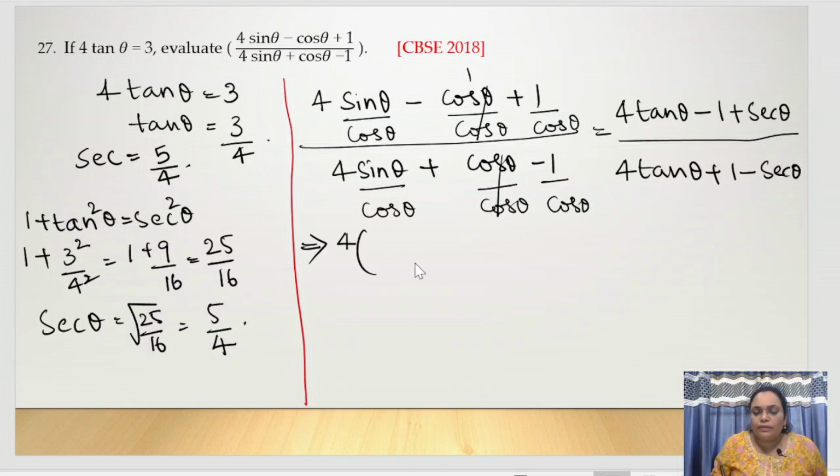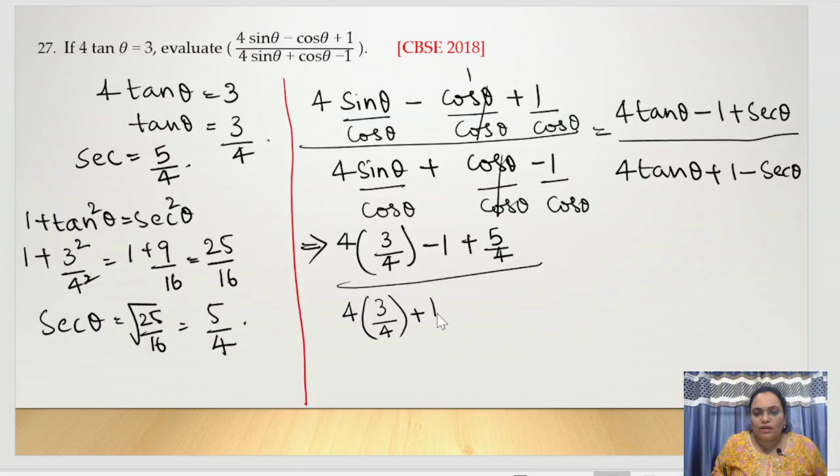4 into tan theta is 3 by 4, minus 1, plus secant theta is 5 by 4, divided by 4 into tan theta is 3 by 4, plus 1, minus 5 by 4. The 4 will get cancelled. Here also 4 will get cancelled. See, 3 minus 1 is 2. So